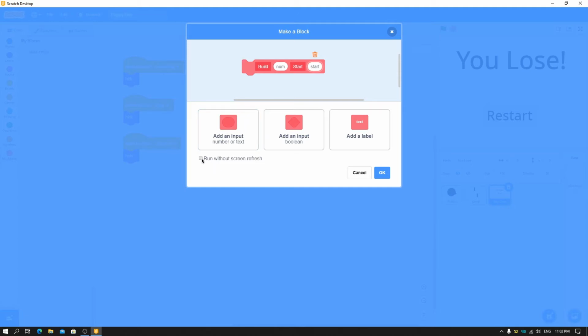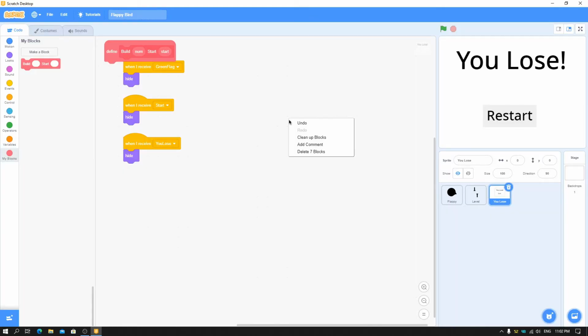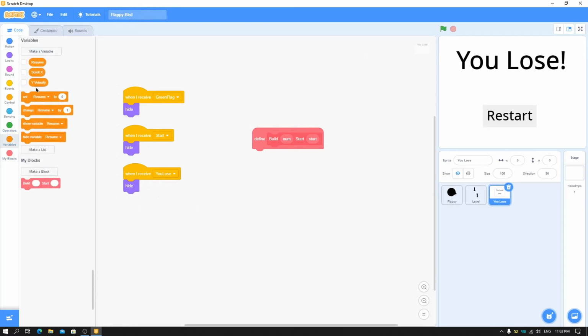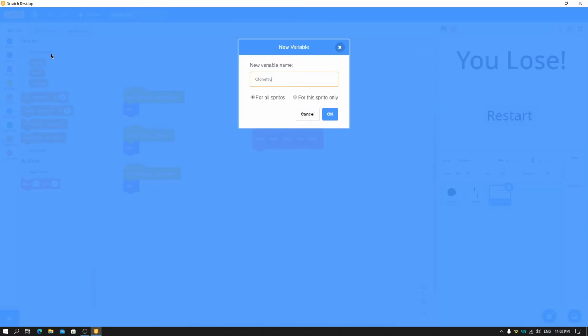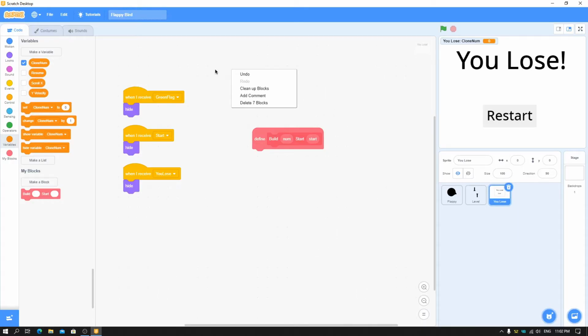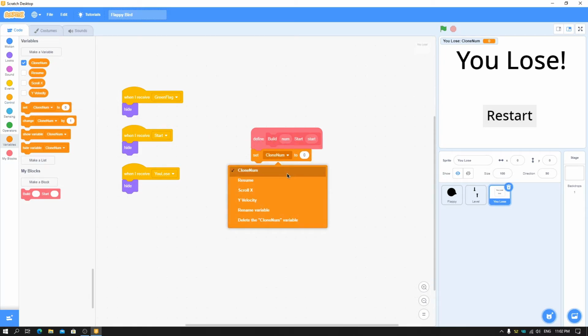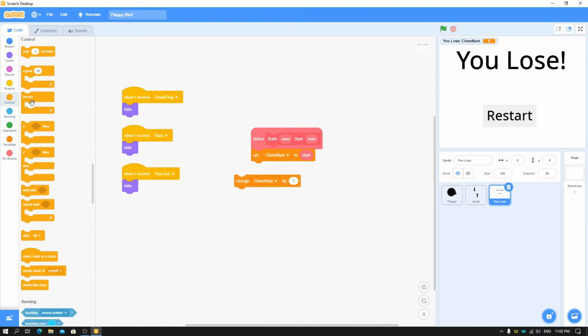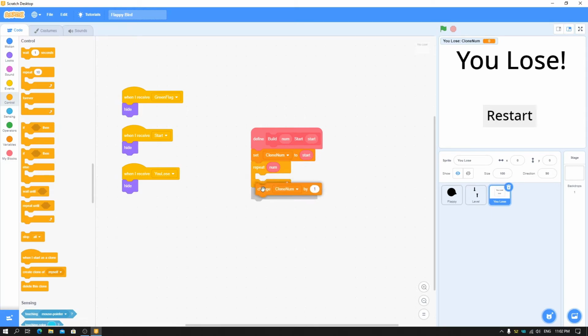Run without screen flash should be checked or ticked in your language, and then make a variable called clone number for this sprite only, then set clone number to start, and then repeat build number times, change clone number by 1, and then create clone of myself.